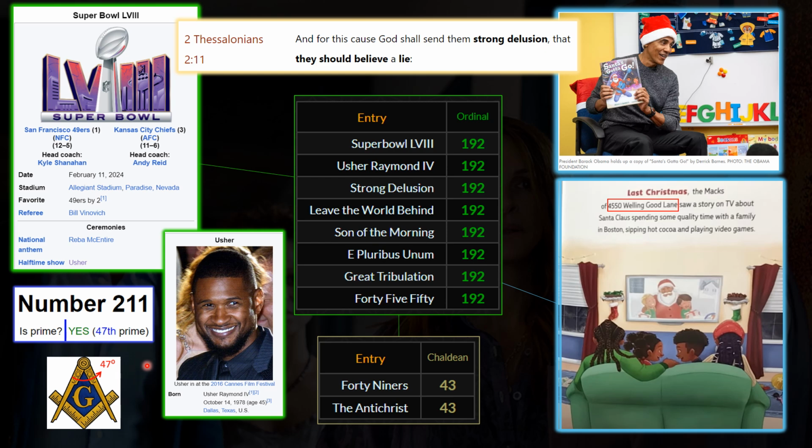degrees within Freemasonry. The halftime show artist for Super Bowl 58 is going to be Usher, and we see that Usher's full name is Usher Raymond IV. And interestingly enough, the number 58 has a crypto reference to the number 666. The first 7 prime numbers, when summed up, will equal 58, and when they are squared, will sum up to the number 666. And I thought it was interesting that 2 Thessalonians 2:11, which matches the date 2:11, says